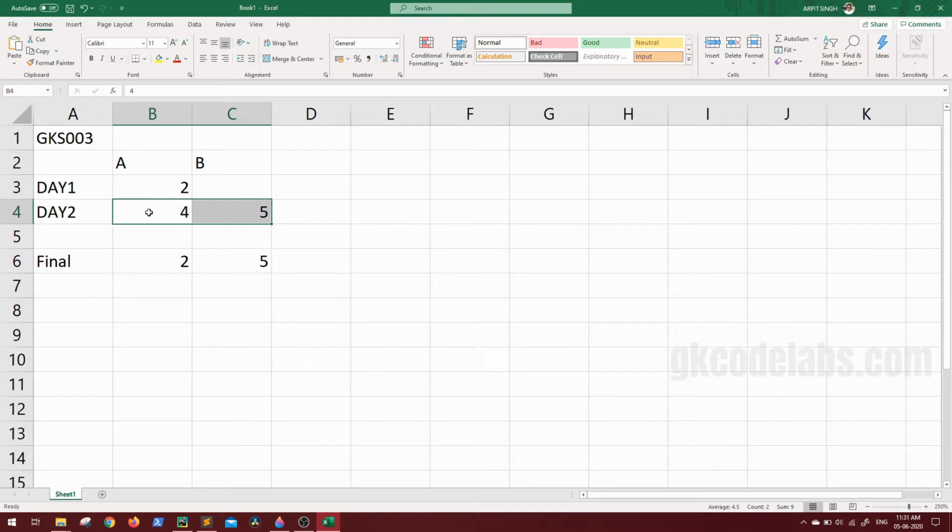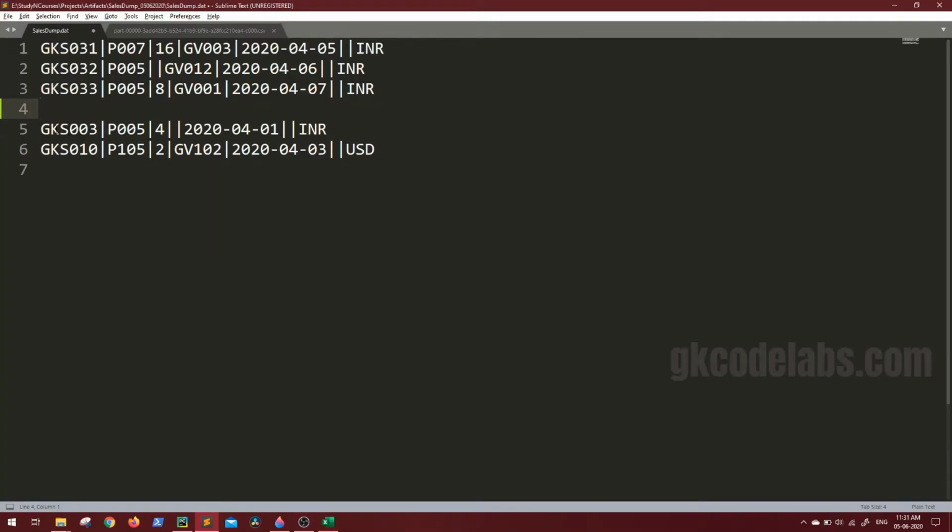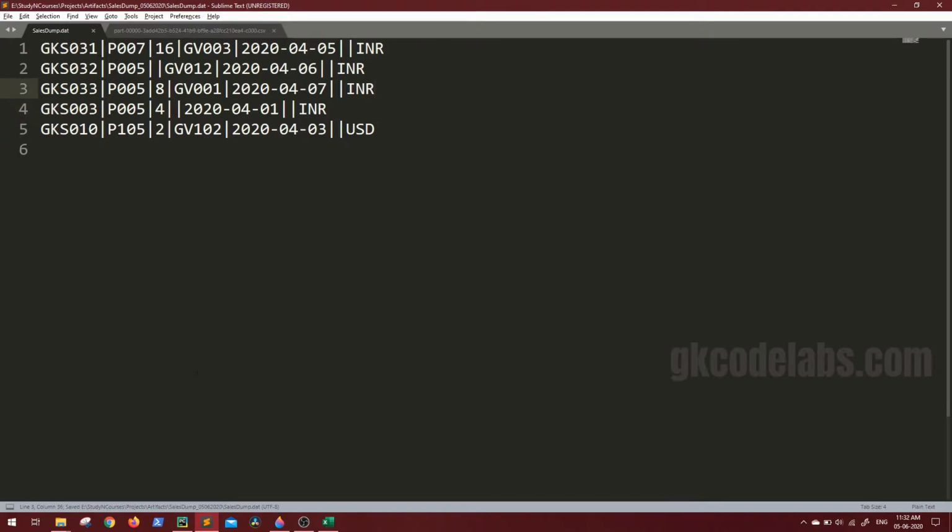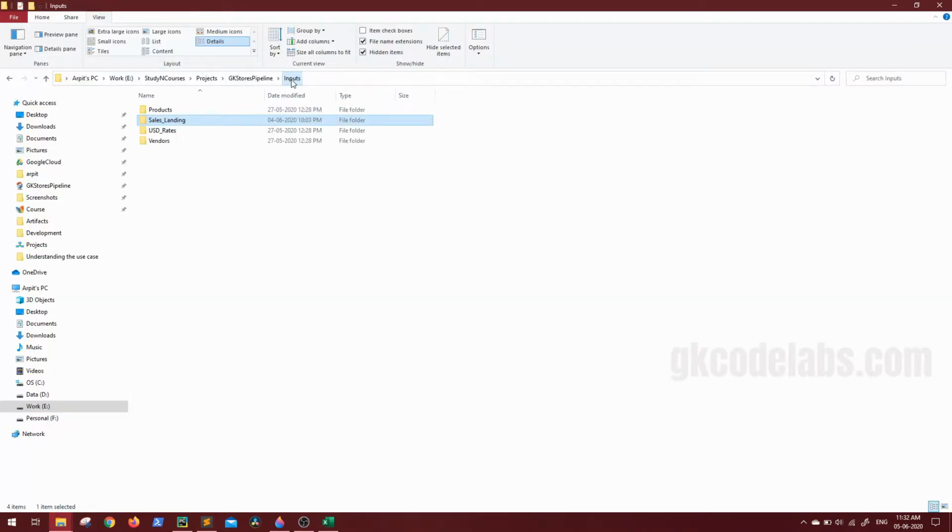So in this case, the R value should be 4 and 5 because this is the update, and even if we don't get any updates, in that case it should be 2. I hope that makes sense. So as of now, let's only consider these 2 updates we have received. So what we will do, let's save it, and right now let's suppose we have got another data for today. Let me copy this same thing, and that will be for today.